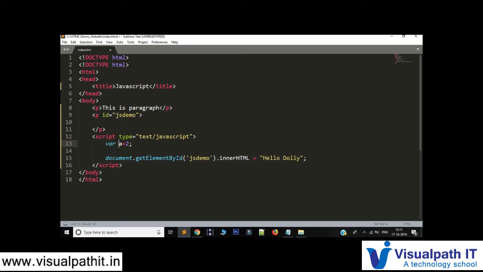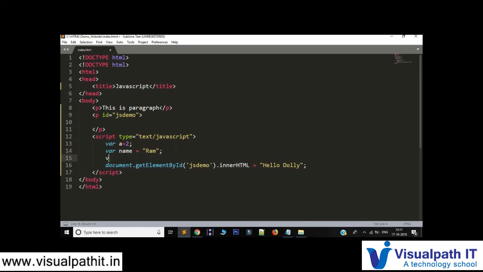And JavaScript ignores multiple spaces. Okay, if you are adding multiple spaces in between, let's take it like this. So I'm writing var name equals to, done. So now what happens over here is that JavaScript will ignore the spaces which are available. It doesn't need any multiple spaces between it. It will just consider this as var name equals run. It will consider it like this only. It will not consider that there's a space. It will ignore the multiple spaces over here.